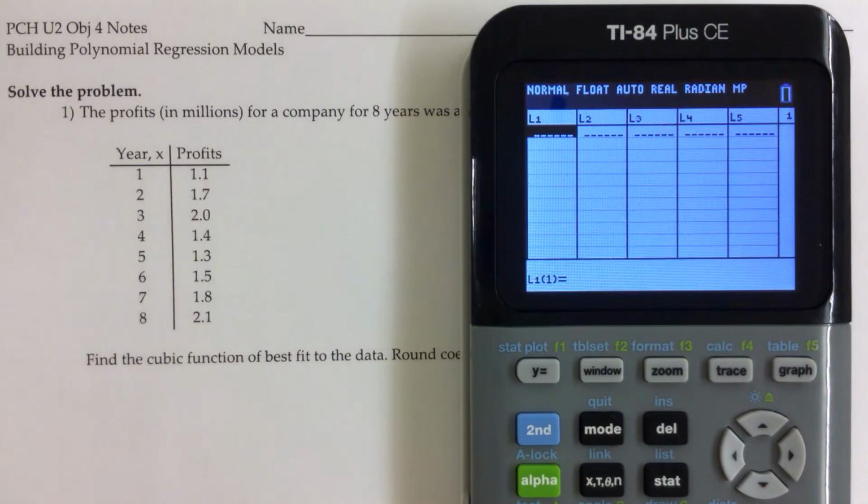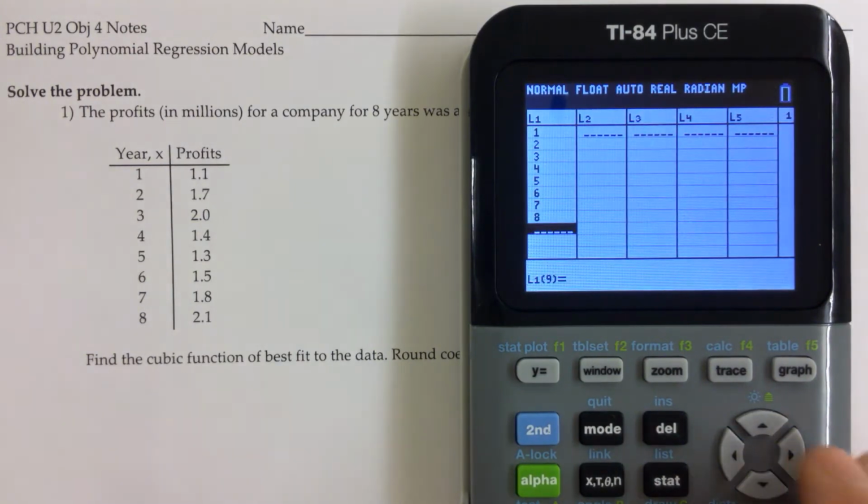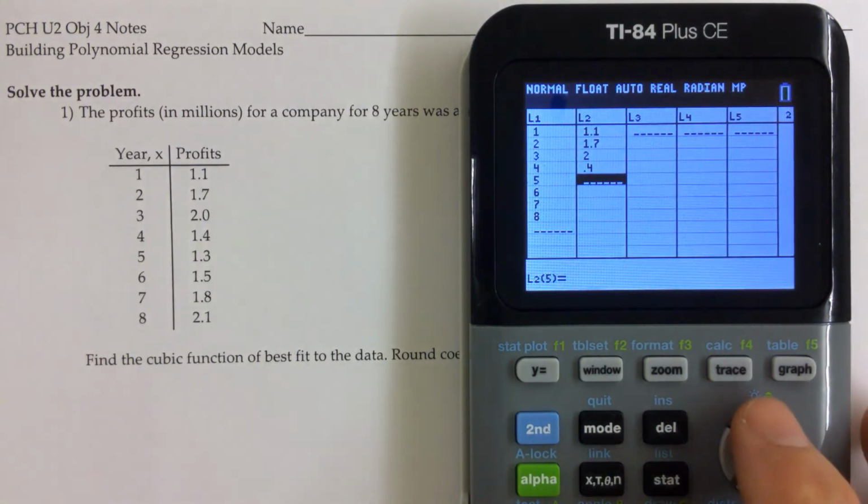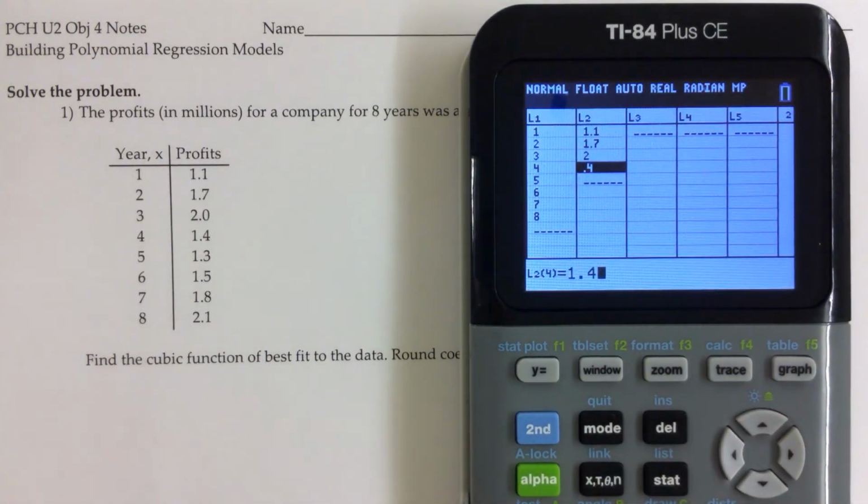So 8 years, so we're going to just type in the numbers 1 through 8 in our first list. I always use the first list to represent the independent variable values, and then in the second list I would enter the data for the dependent variable and make sure the data matches up. Oops, I missed that 1.4 there. I always check and make sure I'm inputting the data correctly,